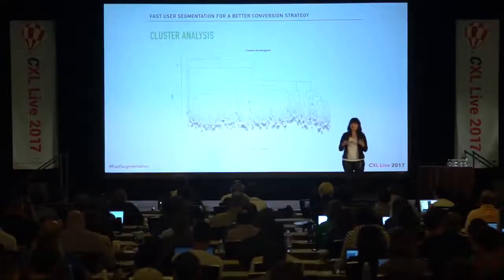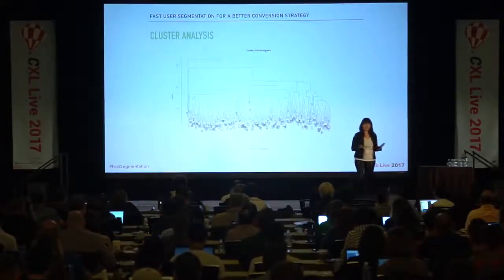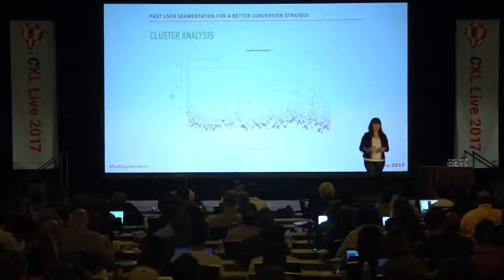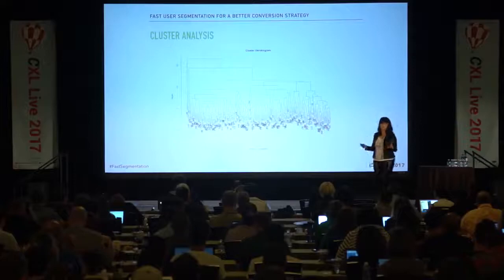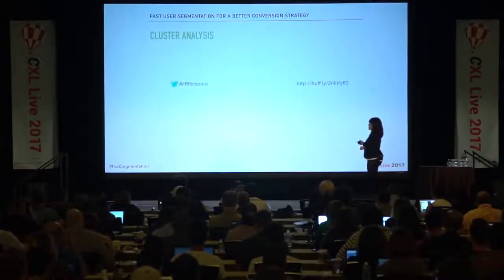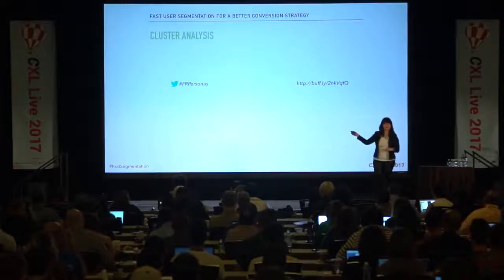Now, in 15 minutes I didn't even try to explain this, but you can use unsupervised machine learning to have the data tell you who your users are. So you don't even have to guess. You don't even have to go and look at analytics. You just organize your data by users and variables, and all of a sudden you have all this rich user-level data. And if you want to know more about this technique, you can go on Twitter